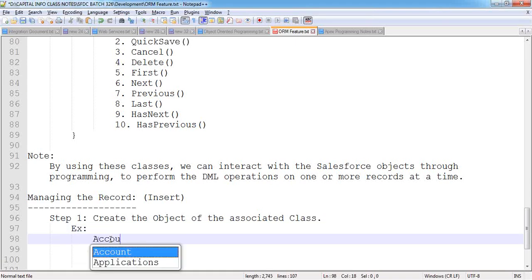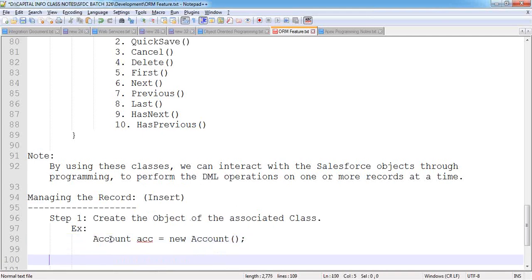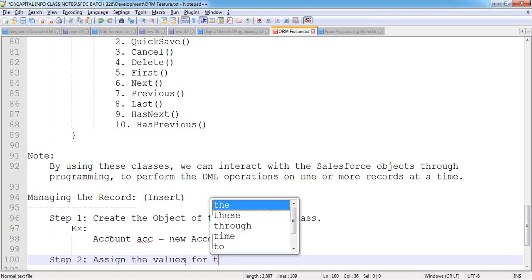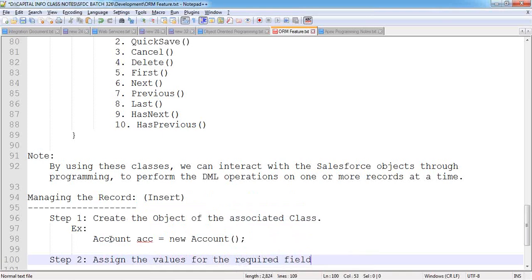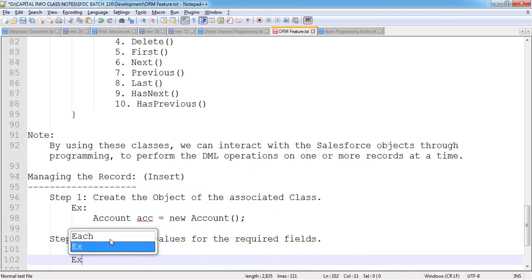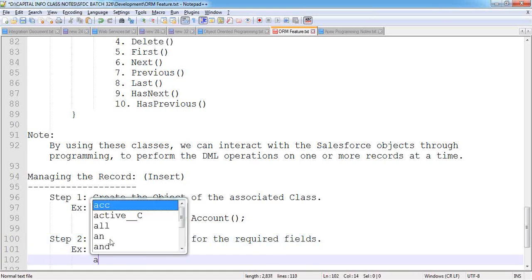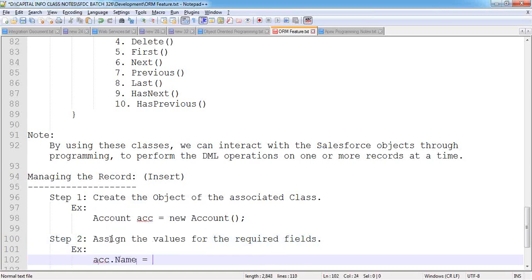For example, I am creating the account class object: acc = new Account. As step 2, assign the values for the required fields. Here I am indicating acc.name as sample account,